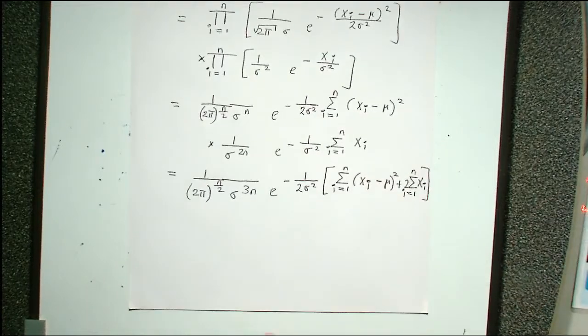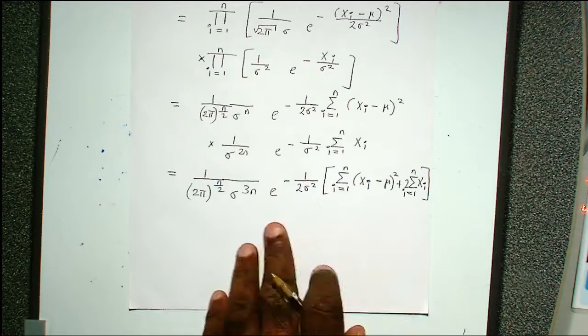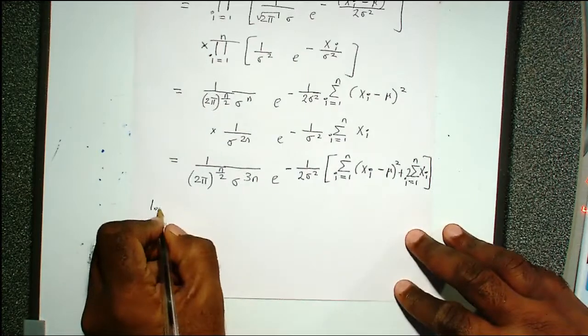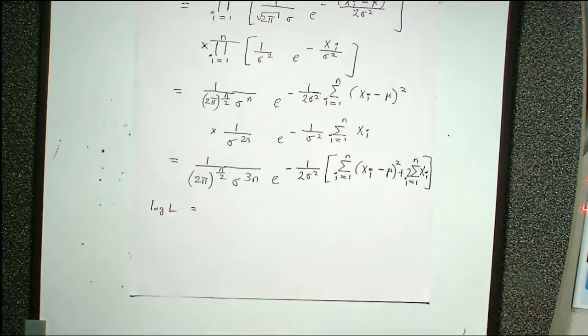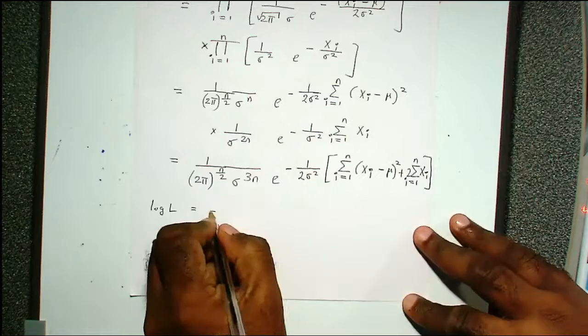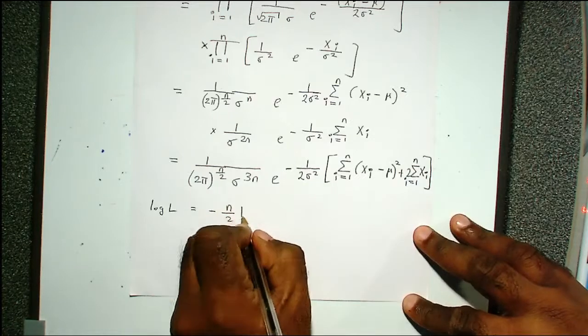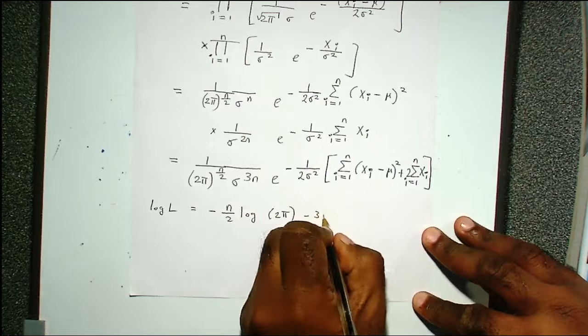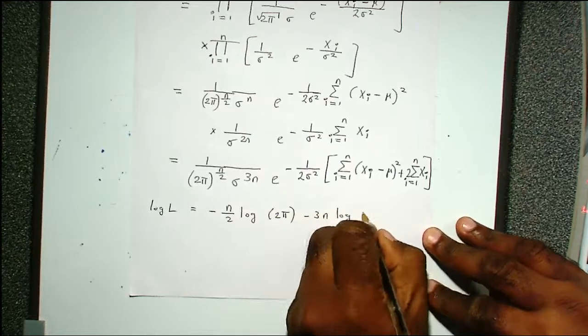This is the most simple form you can get to. The next step, as you all know, is to take the log of the likelihood function. So the log of this will be minus n by 2 log of 2 pi minus 3n log of sigma